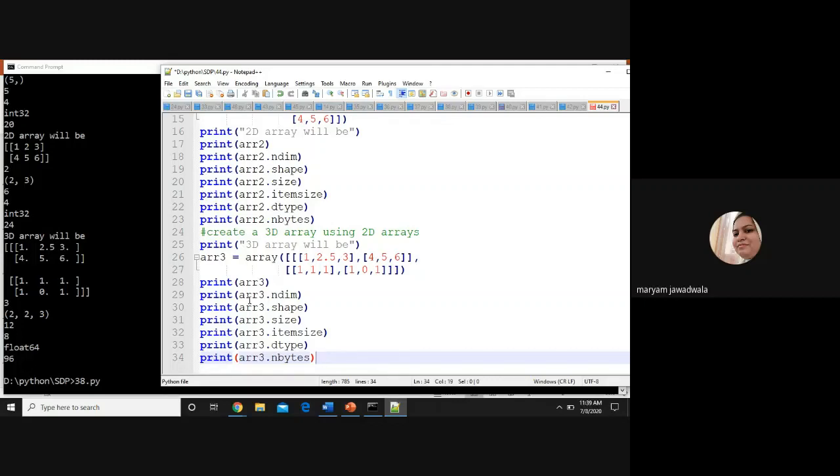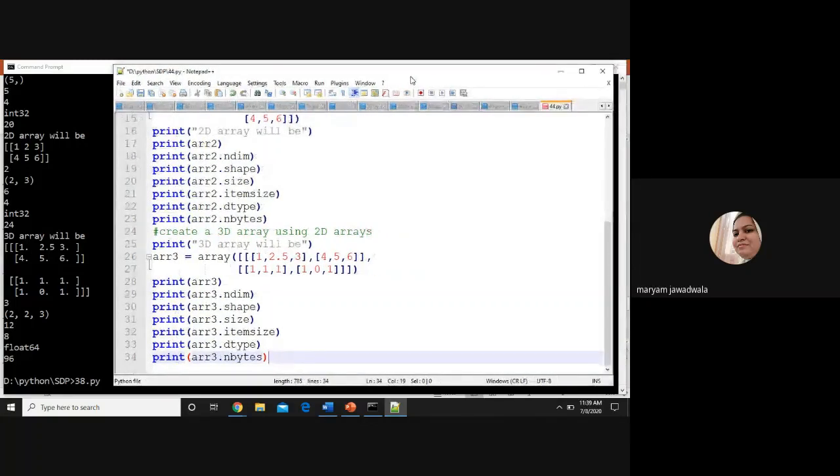Okay, so hope you understand this program well. Please try this program on your system, modify the elements, change the data types and the number of elements, and check all the attributes.